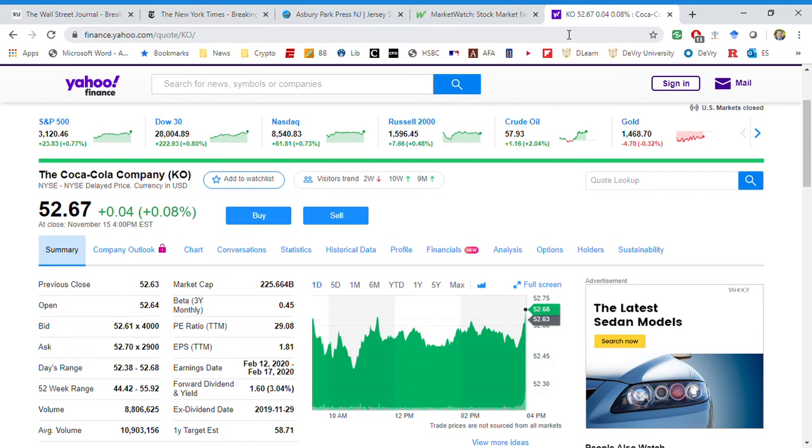In the case of Coca Cola, we look at the beta, which is the company's, just to briefly review, and I urge you to watch the capital asset pricing model videos, but we look at the beta times the market rate of return plus the risk-free rate. So when you do that, the risk-free rate now is less than 1%, and the beta on Coca Cola, since it only trades at about 45% of the market movements,